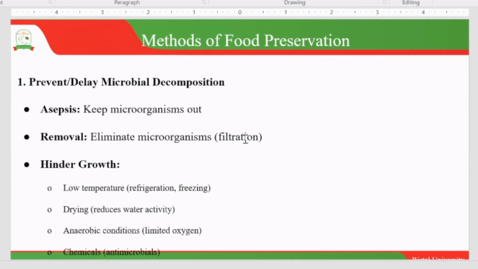In this, we'll look at the different types of asepsis we could come across, trying as much as possible to eliminate these microorganisms, and also looking at ways of hindering their growth, things to do with sterilization, disinfection, and also sanitization. A number of people have looked at those things in detail. So really, we are trying as much as possible to remove these. And in our case, looking at food safety, we are looking at ensuring cleanliness of hands and